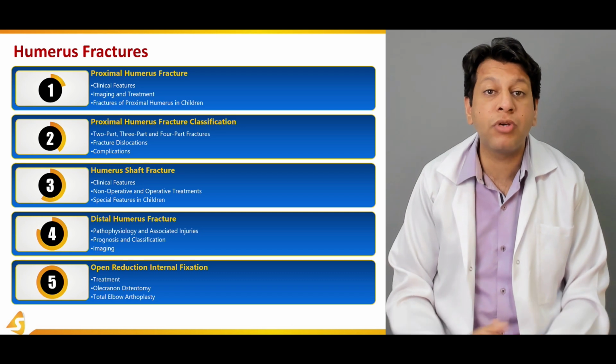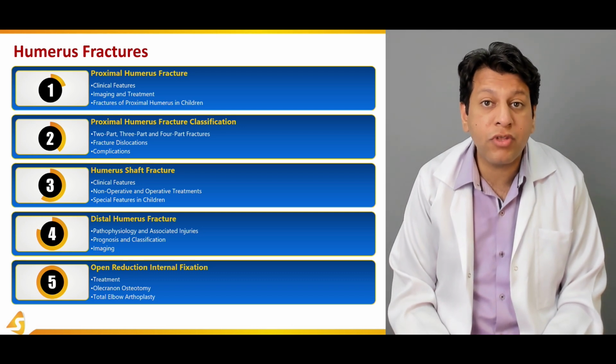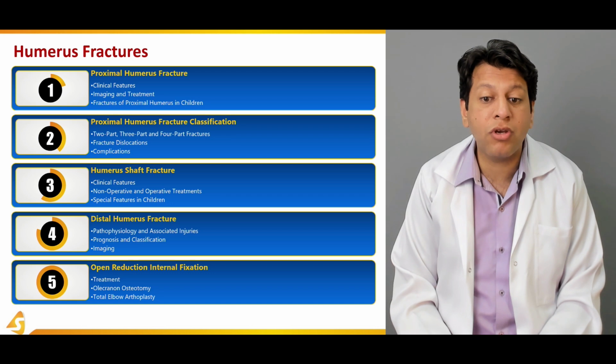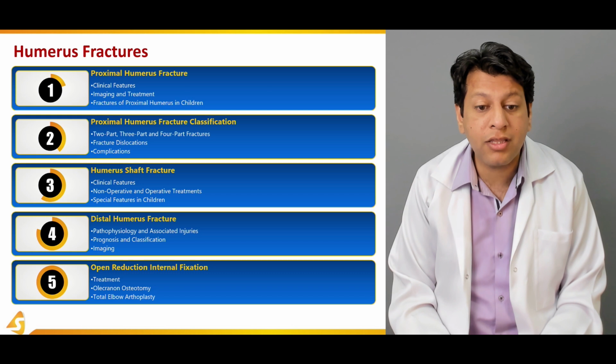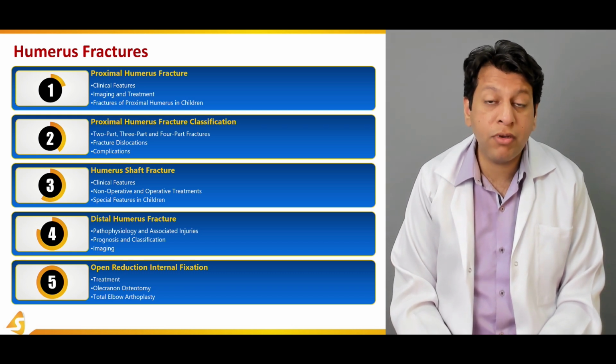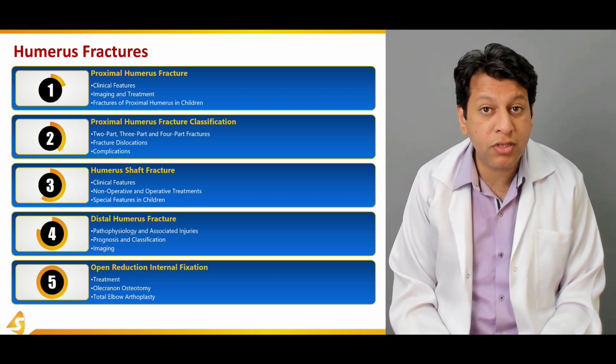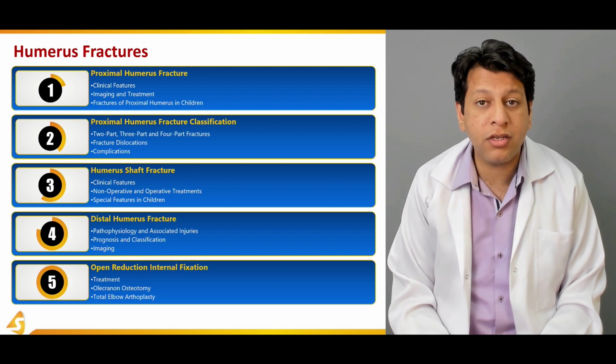In the fourth, we'll be going through the distal 1/3 of the humerus, that is its pathophysiology, associated injuries, prognosis, and classifications. In the last section, we will be briefly discussing the management of the distal 1/3 of the humerus